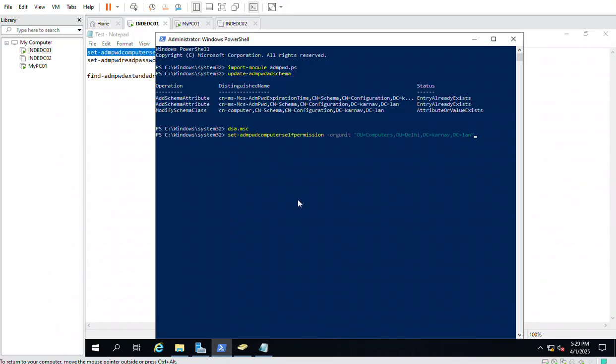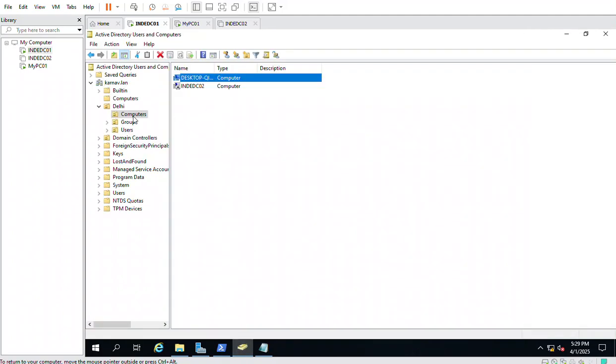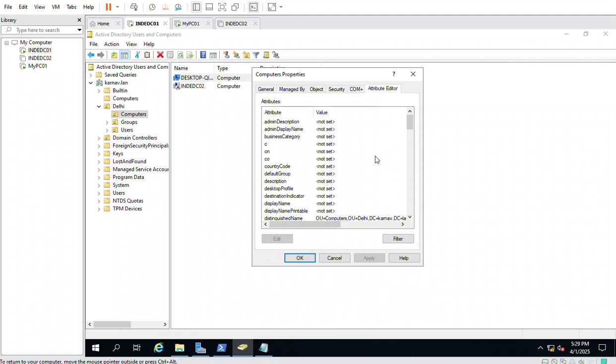What I'm saying here is I'm selecting OU=Computer, OU=Delhi, DC=karnav and DC=lane. This is the distinguished path where my computer is residing. Here you can see I have only a single computer for testing purposes. That's why I'm only selecting this single